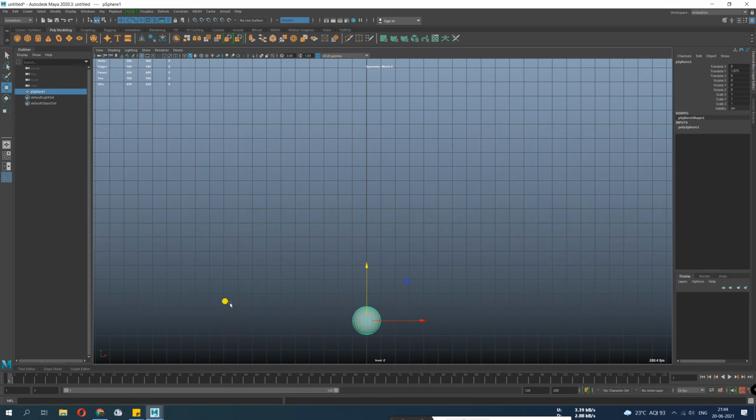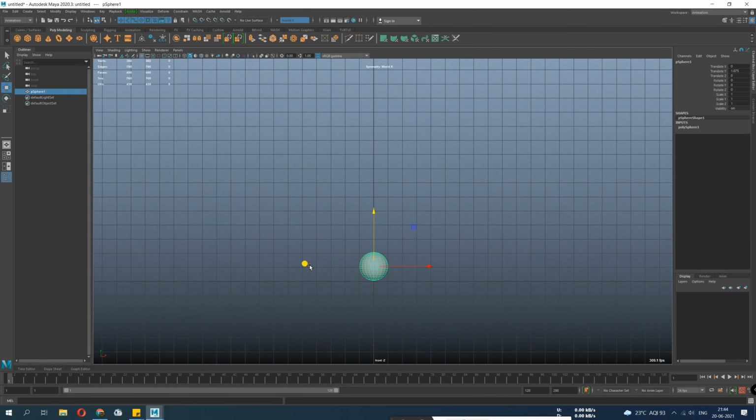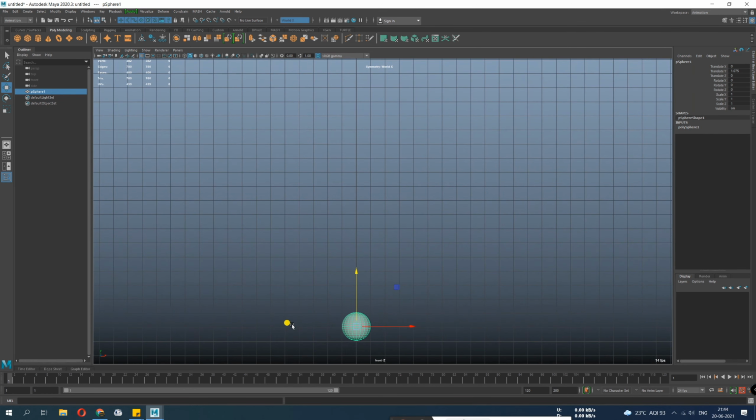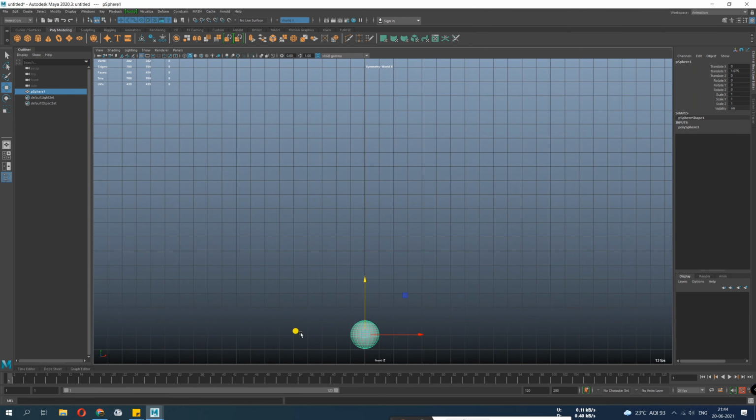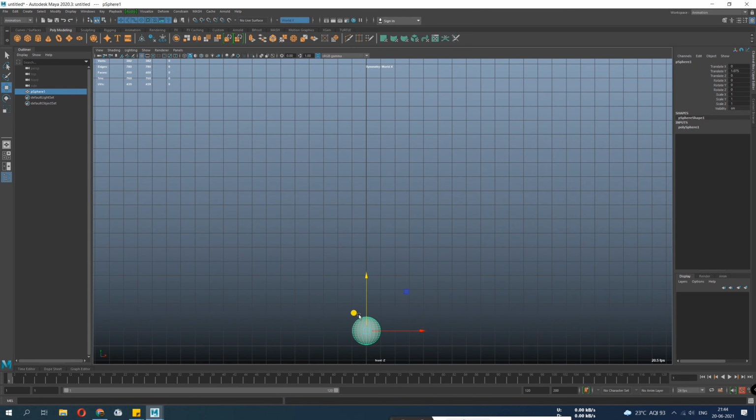So this is to understand your time and space, how to adjust your keys and what things you need to take care without getting into the graph. So this is just a basic exercise to getting started, and next we will do a bouncing ball with the graph. The purpose is here to understand space and time. So let's get started.